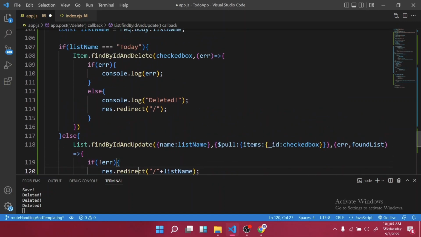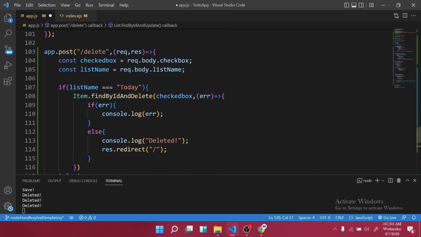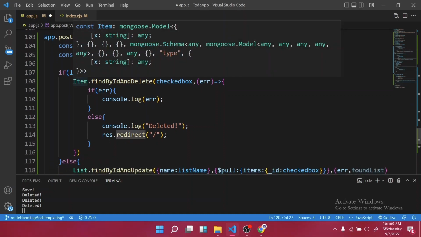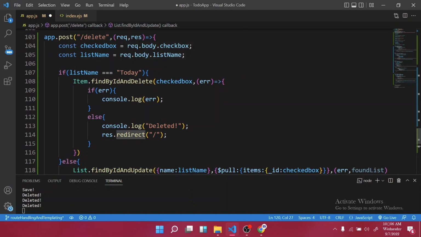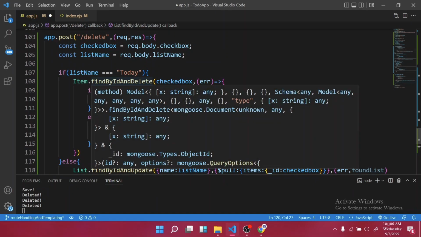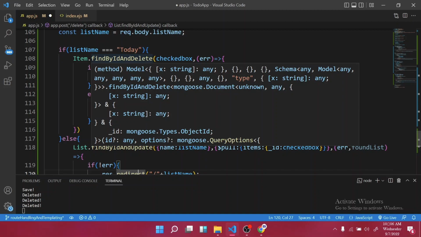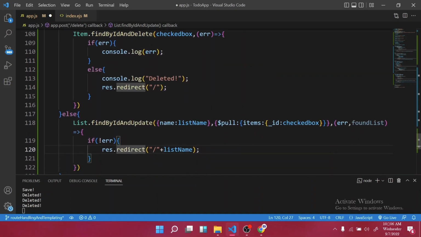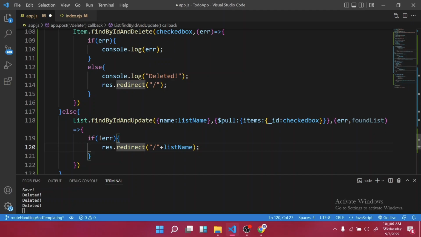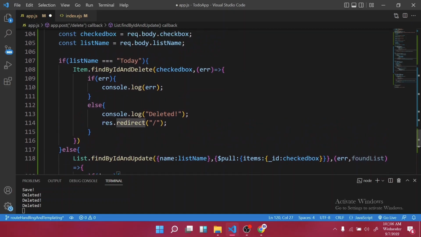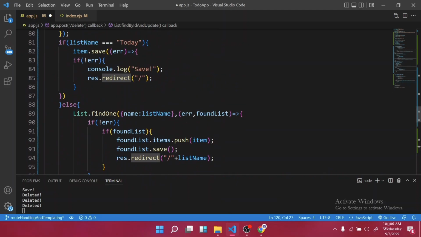Alright, so what you are doing here is we are trying to check whether the list name is equal to today. If it's equal to today, then we will go by our normal method by finding the today and then updating it, right? So by the ID, so we delete, and then if there is some error, we console log the error. If there is no error, we redirect us to our main route, right, which is a /. But then if